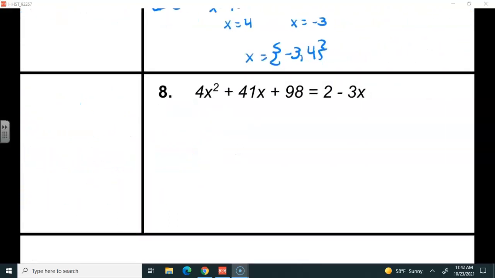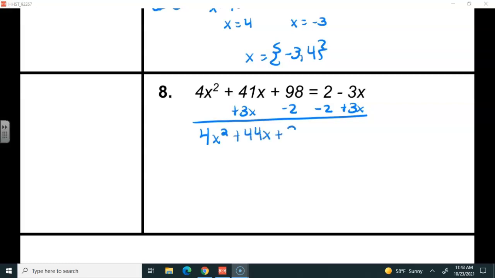All right, here we need to get it equal to 0. So we're going to subtract 2, and we're going to add 3x. And I get 4x squared plus 44x plus 96. That's 0. And that's 0. Equals 0. Okay, now we're going to check for a GCF. We can take out a 4. X squared plus 11x